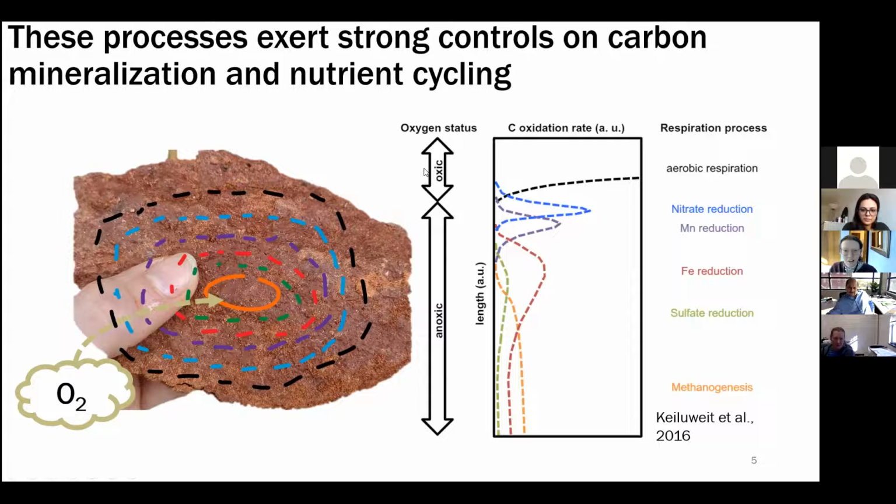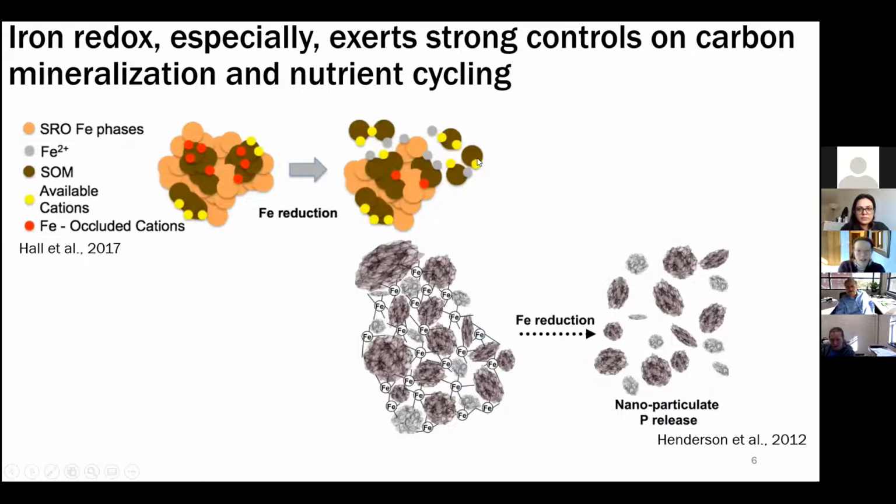But of course, this exerts strong controls on the oxidation rate of organic carbon, and then methanogenesis is the least efficient. And so if we have these low oxygen microsites in soils that are uplands, this follows organic carbon mineralization. And then of course, specifically iron oxides and manganese oxides, and short range order phases of these oxides,